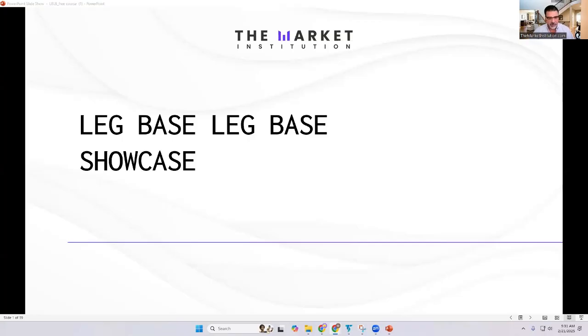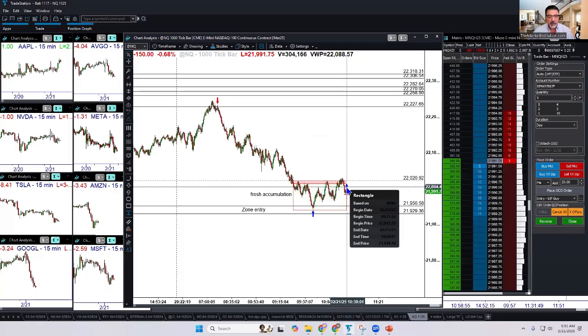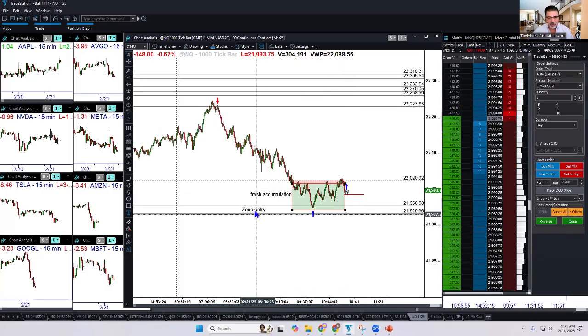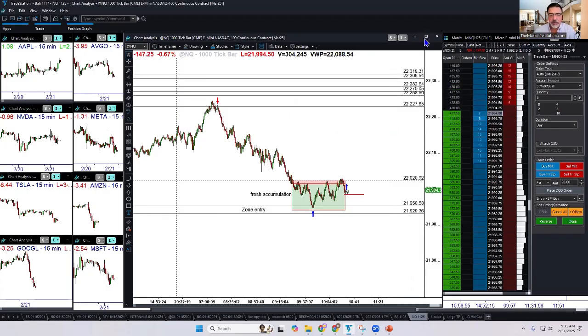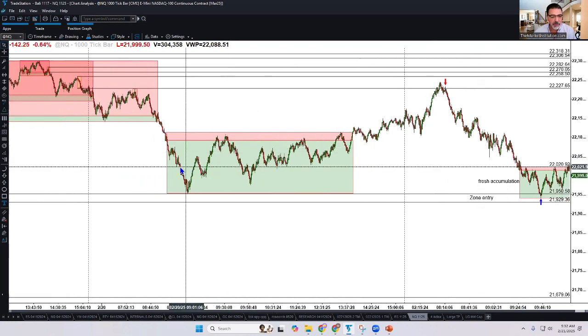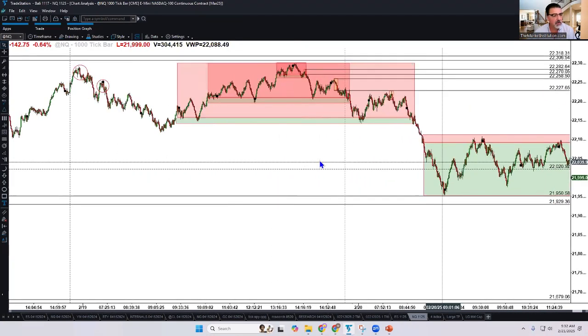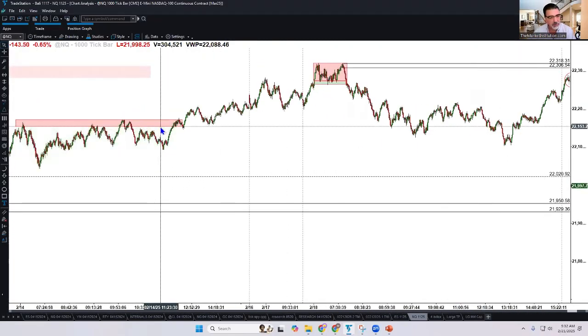Before we jump right into doing that, we're going to take a quick look back. We're in a couple of trades here on the leftover from our live trading room, and we did have a nice zone entry right here. I want to point out, because this is what we're going to be teaching you in just a moment, when we go way over to the left-hand side of the chart and look at the price pattern where we have drawn our lines,